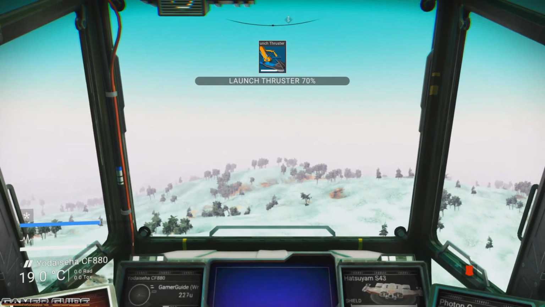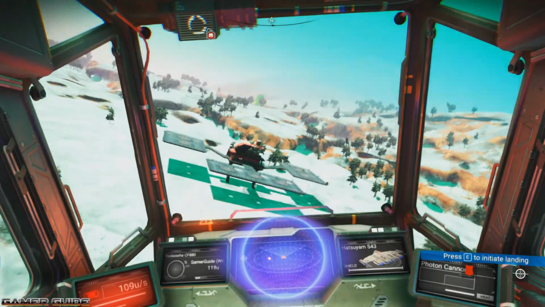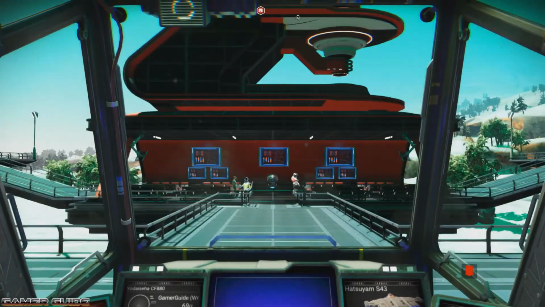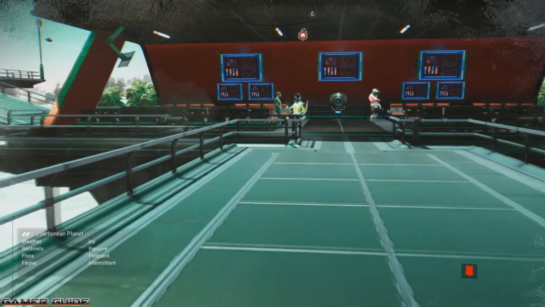We got a beacon to place. I think I'm going to try to find somewhere of interest, maybe a trading post. Found one, not too far away, and we'll go ahead and land on one of these pads here and see what some of the locals have to say for themselves. Maybe find a quest or something like that. And we also need to drop that